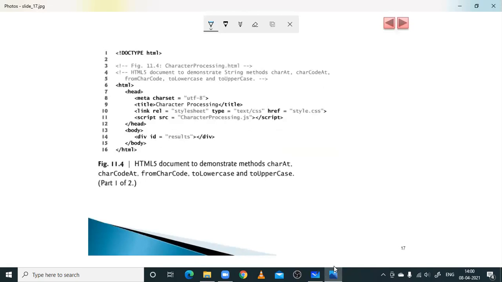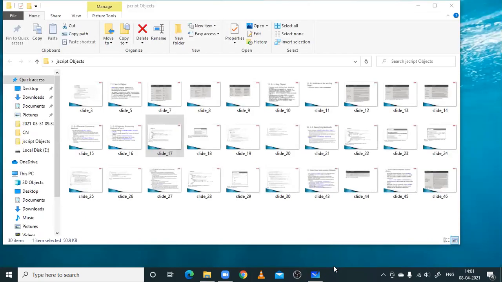So this is one kind of a program which is demonstrating from char code to lowercase. So all of them have been mentioned here. See, once the theory part is finished, I will send you all the programs. Don't worry about that. Let me discuss the important one.